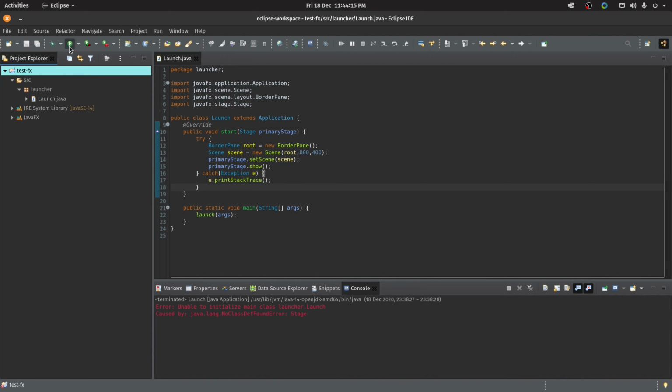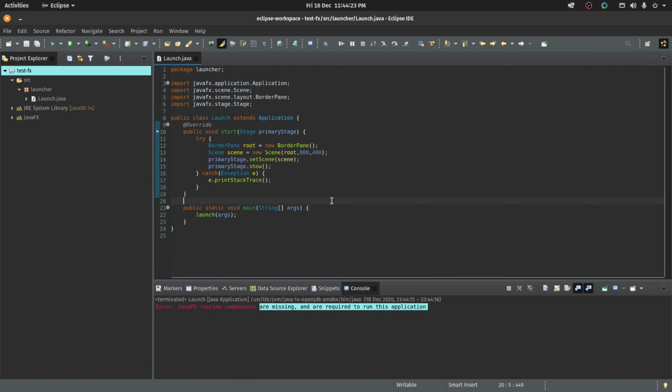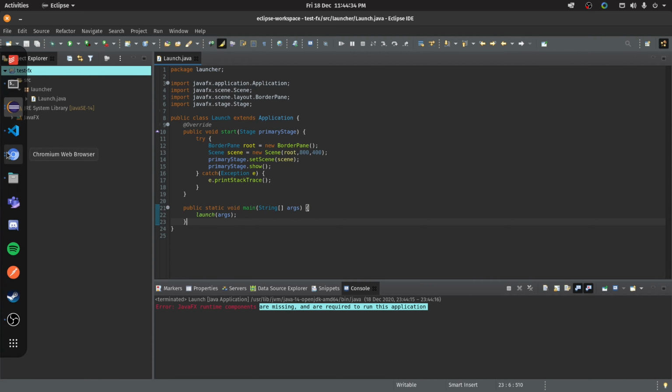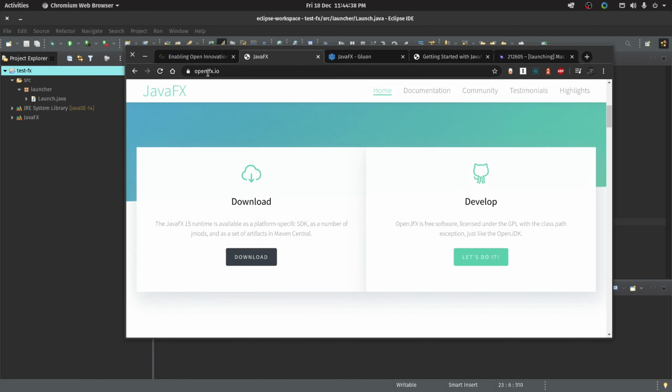That'll load, right? Wrong. If we click run, it's going to say JavaFX runtime components are missing and are required for running this application. And what that's saying is Eclipse is trying to do its best to run it, but it's missing some settings that it needs. And usually to do this, if we head back over to Chrome, and if we head over to